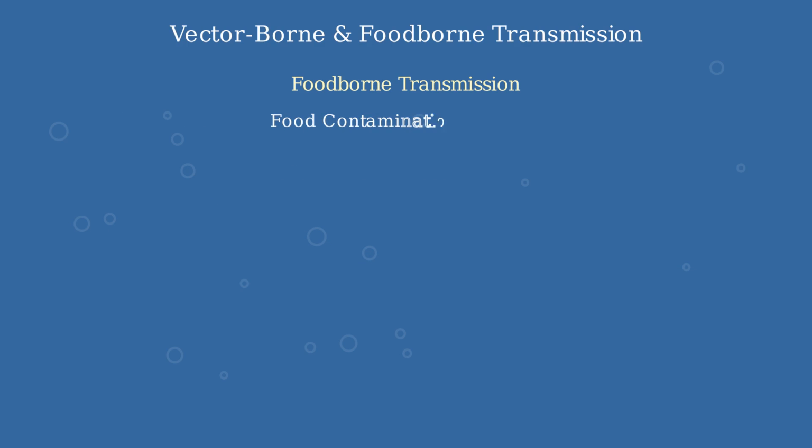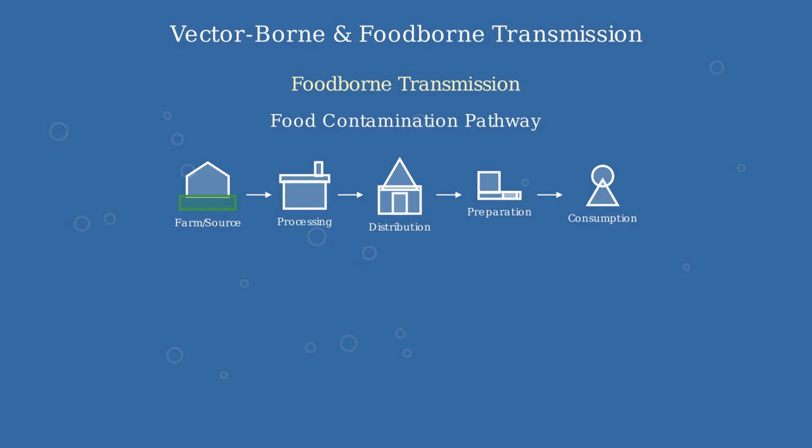Food contamination can occur at multiple points from farm to table. Initial contamination often occurs at the source, where pathogens from soil, water, or animal waste can enter the food supply. During processing and distribution, improper handling, cross-contamination, or inadequate cleaning can introduce or spread pathogens. In food preparation areas, poor hygiene, inadequate cooking temperatures, or cross-contamination between raw and ready-to-eat foods can allow pathogens to